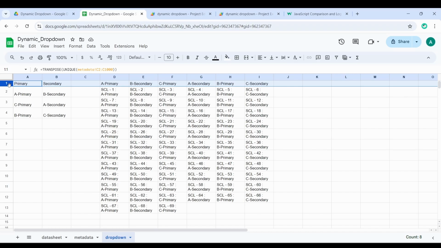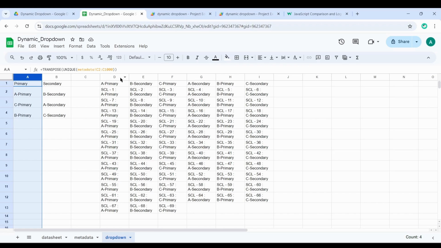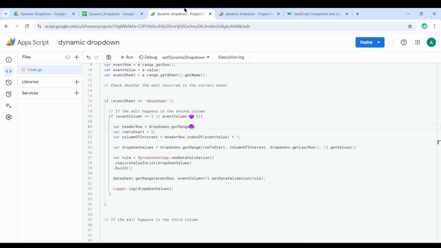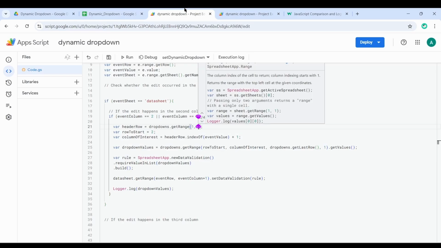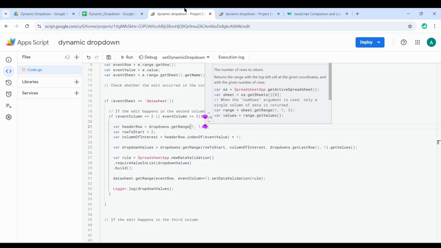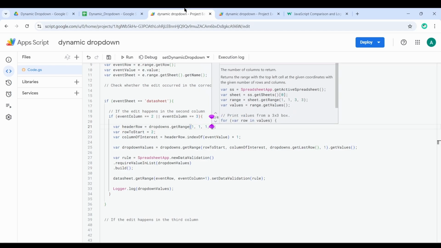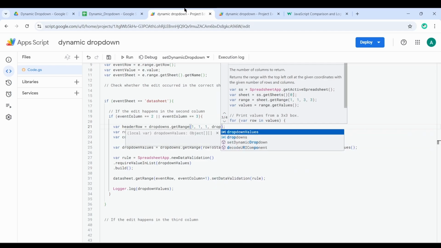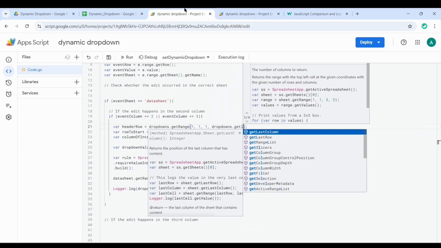So basically we want to start from row 1, we want to start from column 1, we want to read only one row, and we want to read till the last column. So dropdowns dot get last